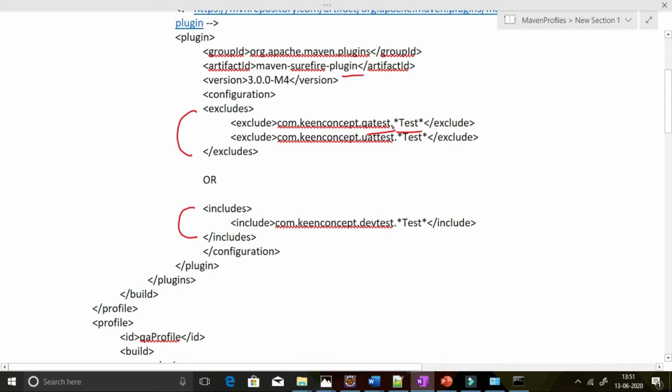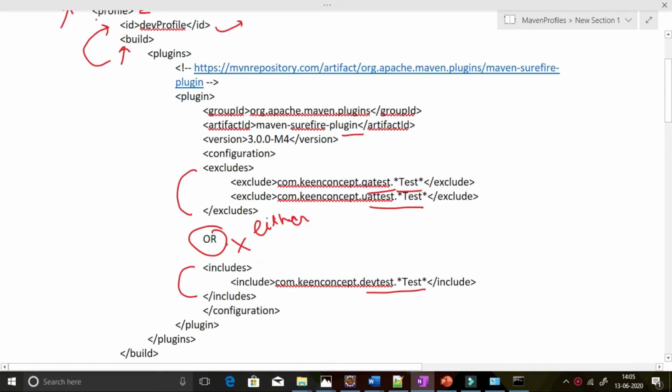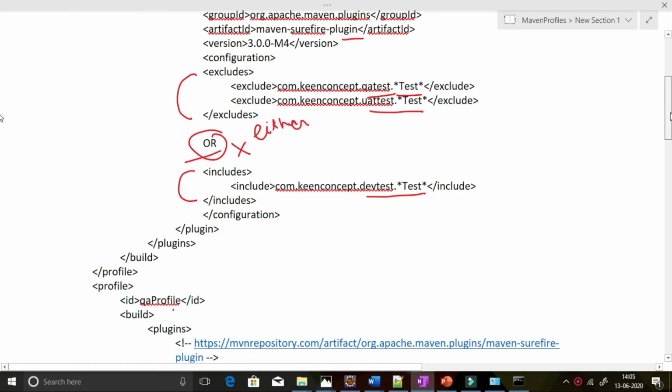So you can see this is excluding the QA test cases as well as the UAT test cases. Or you can mention the include tag, and under that you can include the dev test cases. So this or you won't be using, as this is just for explaining you and it is not an XML tag. So let's come down to the next profile.